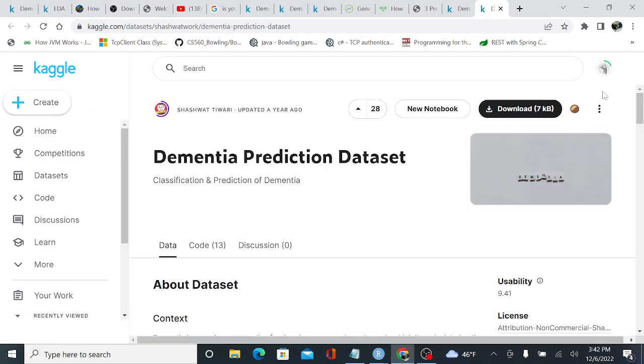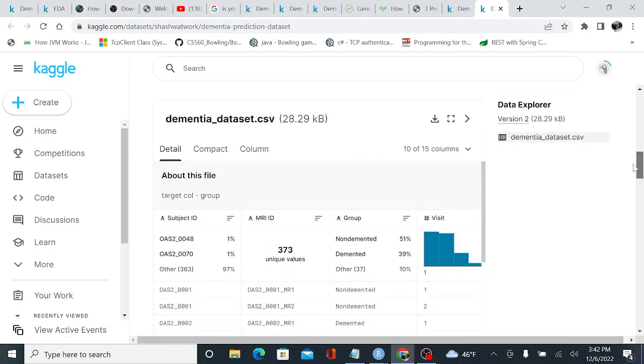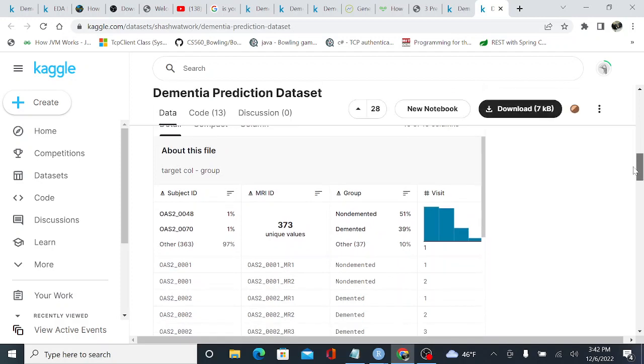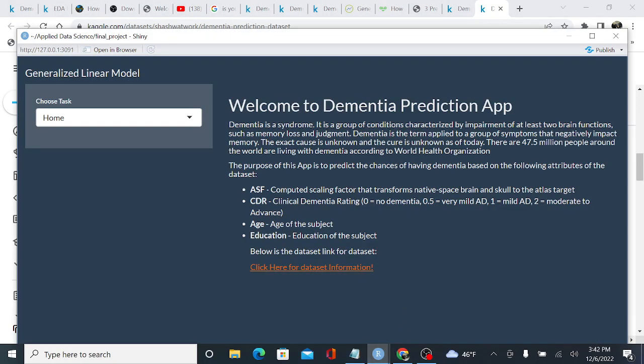It has 373 rows and 15 columns. Out of these 15 columns, I chose to use ASF, CDR, age and education in my GLM models. I decided to use just a basic GLM model, generalized linear models, because I want to understand from